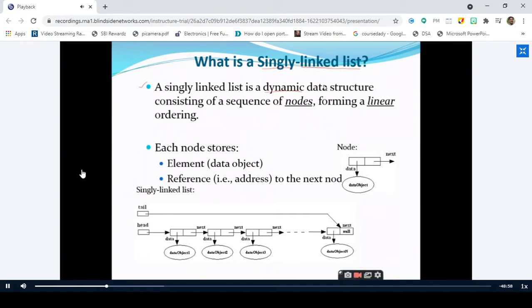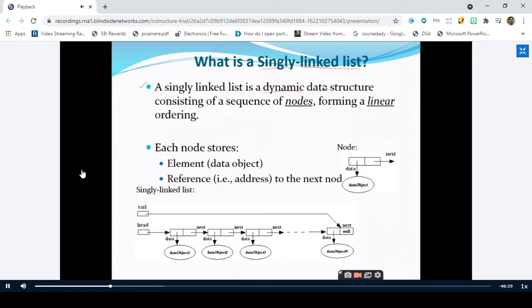Till now we have seen different data structures. For example, what is the data structure we have seen? Arrays. Arrays is a data structure, right? It comes under linear data structures. Similarly, stacks also come under the category of linear data structures. Queues also come under the category of linear data structures. So the other data structure that we need to discuss under the linear data structures is the linked list.